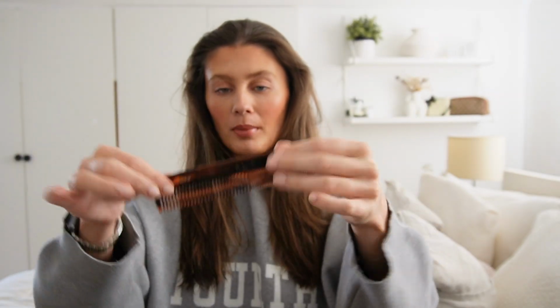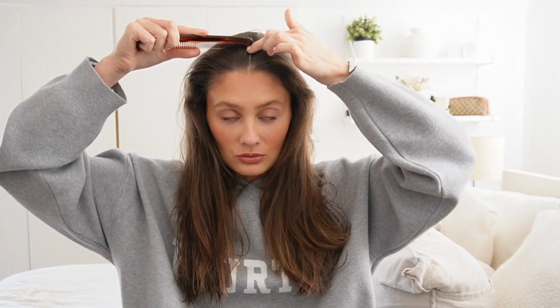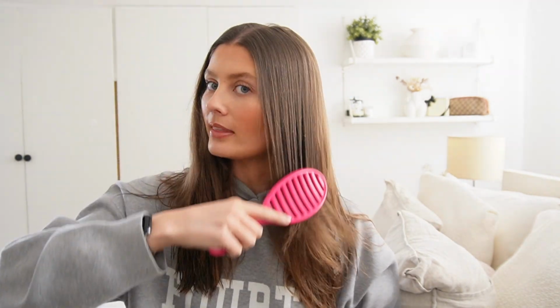So hair has got a nice bit of volume at the roots from the blow dry. I'd say it's probably about 70% dry now. And I'm just going to take my thin comb. I love this, I've had this for years and it's just so good for parting the hair, and it's really good for doing slick back buns as well. I always wear my hair in a centre parting, so just going to do that today and then give it a little brush through with my wet brush. And because it's still damp on the ends, I am going to...